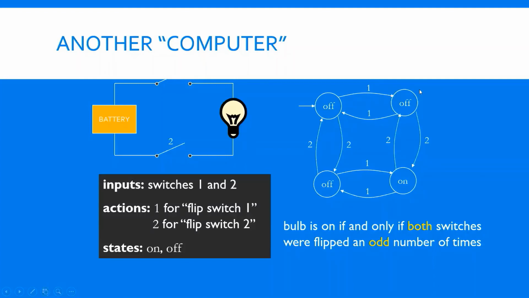Sorry. So 1 for flip switch 1, 2 for flip switch 2. If 1 is on and 2 is on, then you will go to the on state.